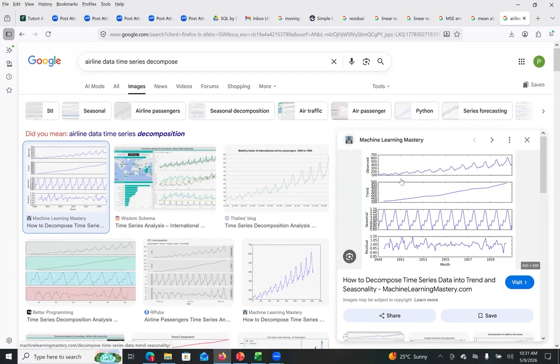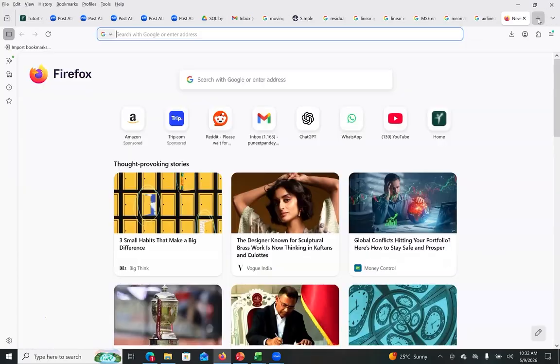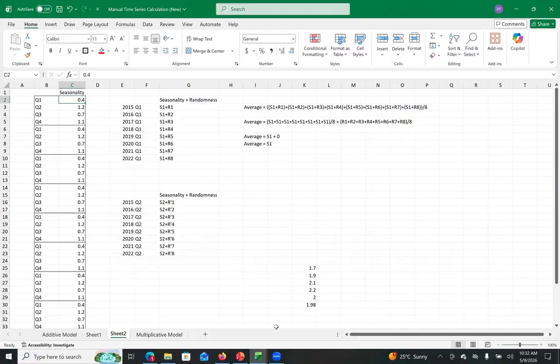There is a reason why it is centered at 1 and not at 0. I will tell you that later. You'll find it very interesting. This is a very interesting point, but there is a reason why it is not centered at 0. I will discuss that. For now, let's forget about it and let's get back to here, where we know that the randomness will add up and the average will always be 0.